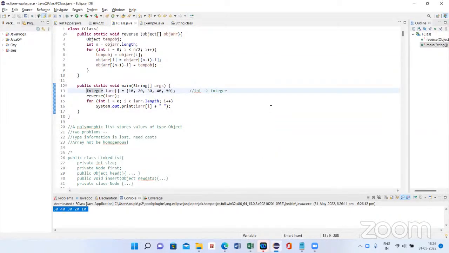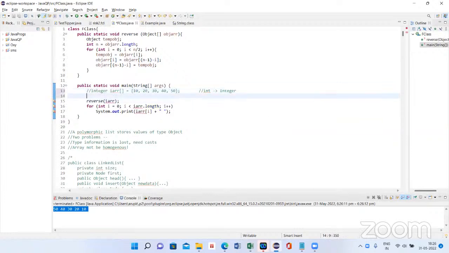Further, why I say it's generic is that it could be used for different types. I can have Double. So double with a small d is a primitive type, and its corresponding wrapper class which is available in Java is Double. And again, why do I use the wrapper classes, not the primitive type? The classes can be converted to the Object class, but primitive types cannot be directly converted to the Object class. So that is my idea. I take the wrapper classes. If I have a Double array, I can do the same thing. I keep the array name the same so that I don't have to change the rest of the code. I can just declare my values, say 1.1, 2.2, maybe 3.3, and try to run this. You can see it's getting